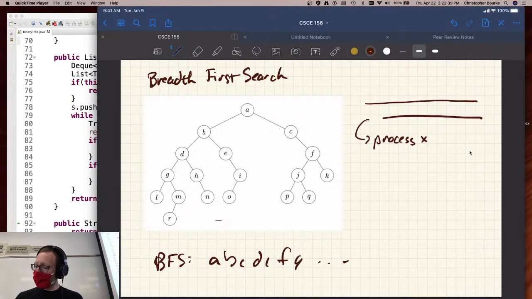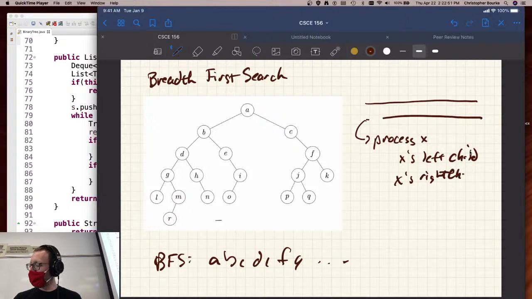Okay. But once I process X, what I'm going to do is I'm going to do something to X's left child and X's right child. I'm going to set myself up for the next iteration. I'm going to put B in and then C. And so that the next iteration in this loop here,